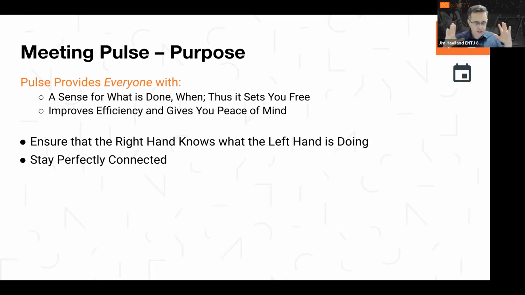And we have this notion, this is a genoism that I love: staying perfectly connected. You've been part of companies where your boss is laying over top of you all the time, and you're wasting all kinds of energy because you're not trusting someone to go do the things that they need to go do. So you're too connected. And I've been part of companies where everyone's off doing their own thing and we don't know what anyone else is doing. So you're not really connected enough. Staying perfectly connected, that Venn diagram notion of how connected we are within the organization.